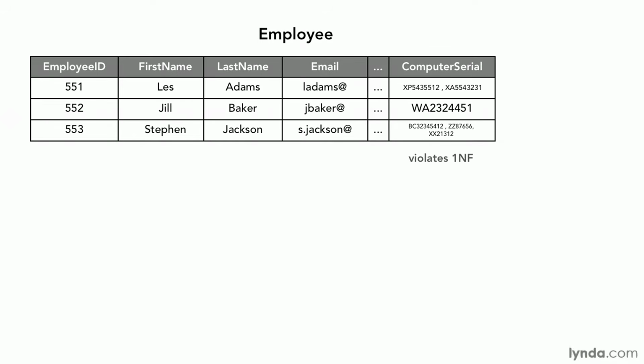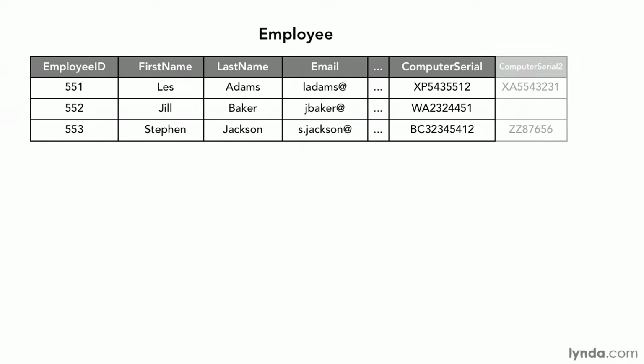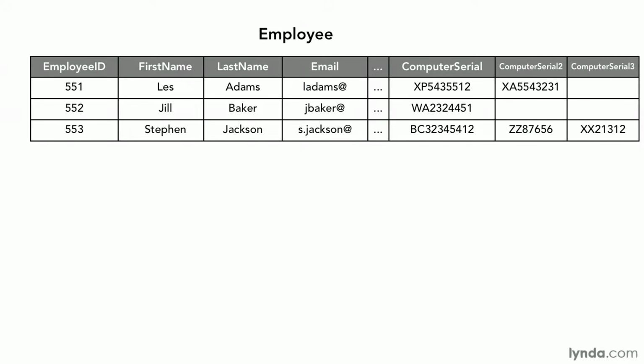So what we might do then is go back to the original way and instead start adding new columns. So computer serial 2, computer serial 3. This is what's called a repeating group, and there should be no repeating groups. The classic sign of a repeating group column is a column with the same name and a number tacked onto the end of it just to make it unique,